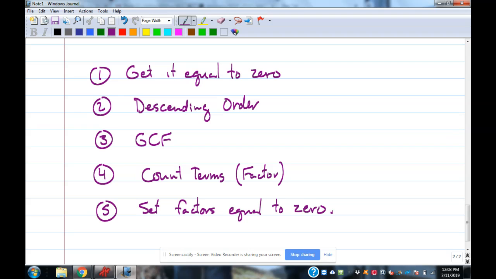Okay, so get the thing equal to 0 first. And then descending order, GCF. Count the terms. That tells you how to do it. X method or difference of squares are the ways you're probably going to end up doing that. And then set each of those factors you get at the end equal to 0 and solve. Step 5 is the easy part. Takes a lot of work to do the other 4 parts. Okay, those are the hard parts. Okay, so it's going to take